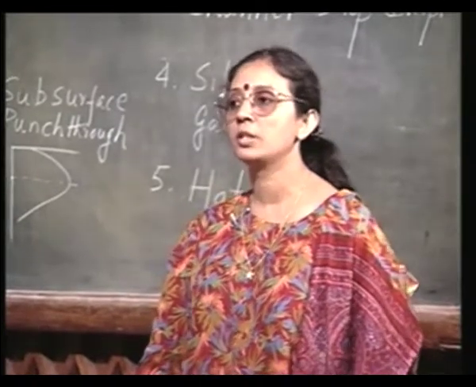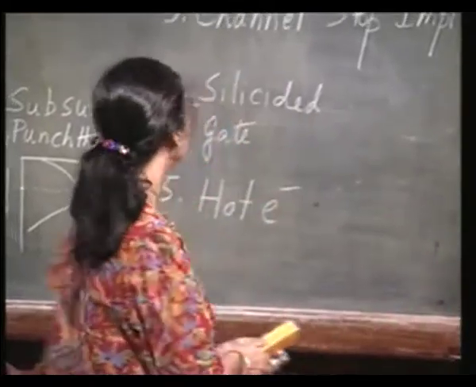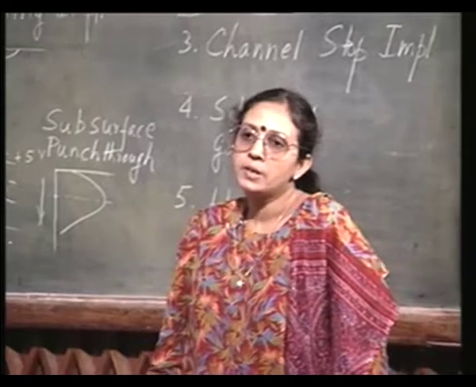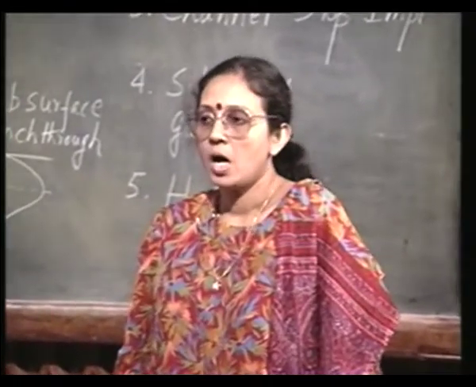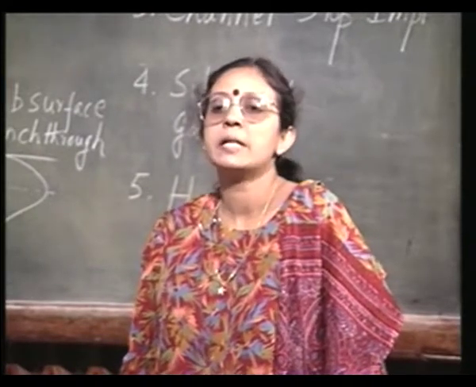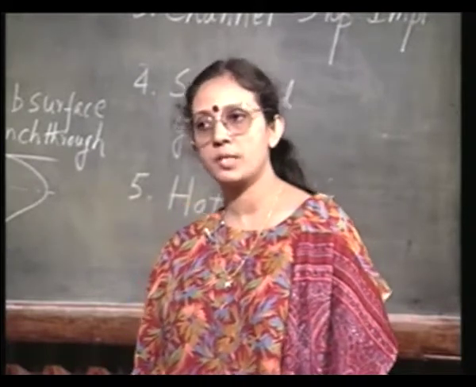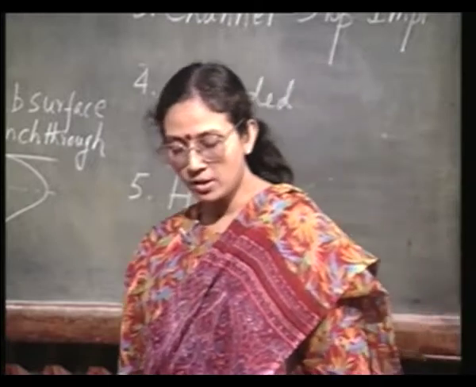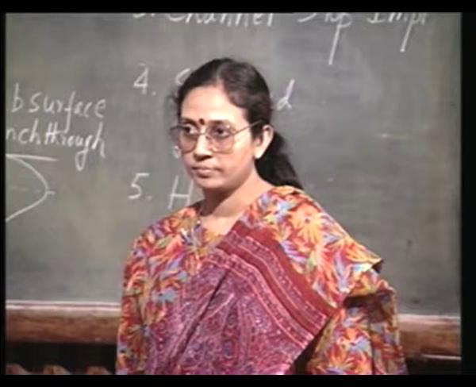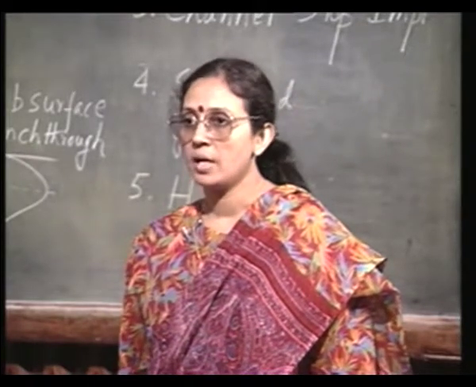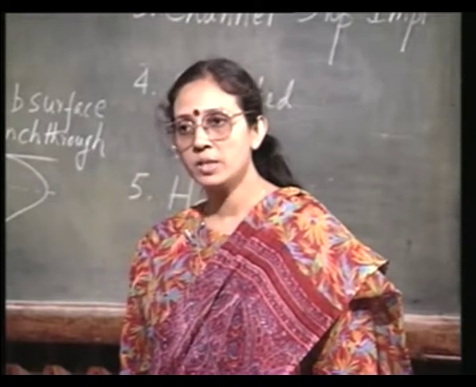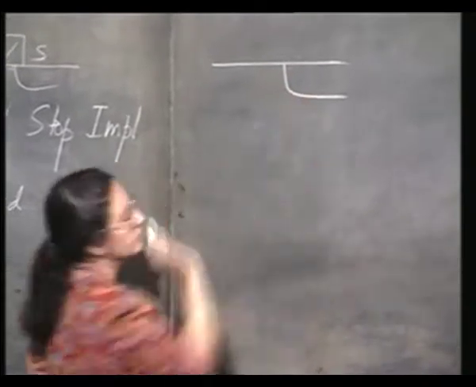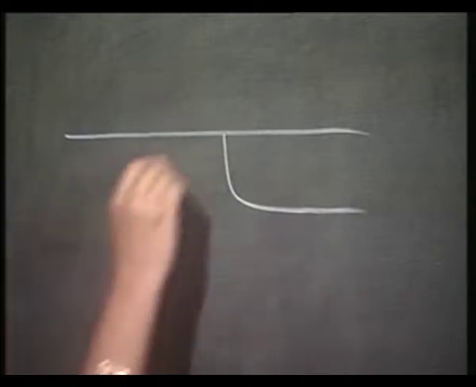So, we have what are called hot electron resistant structure. The principle behind this hot electron resistant structure is quite simple. I must reduce the electric field at the drain end. As the electrons are moving from source to drain, they are acquiring maximum energy when they reach the drain end, right. Okay. So, I must reduce the electric field. How do I reduce the electric field? By inserting a lightly doped region between the drain and the channel. That is, instead of having a drain like this, let me have a drain region which will be